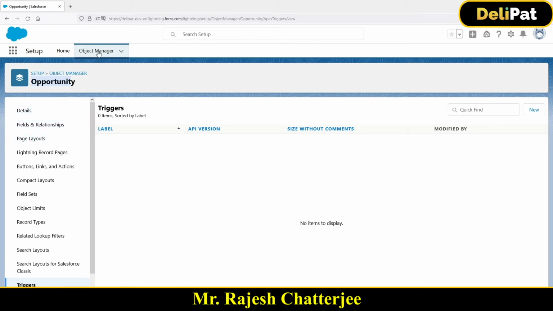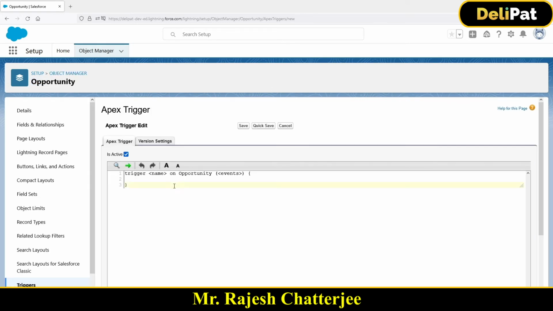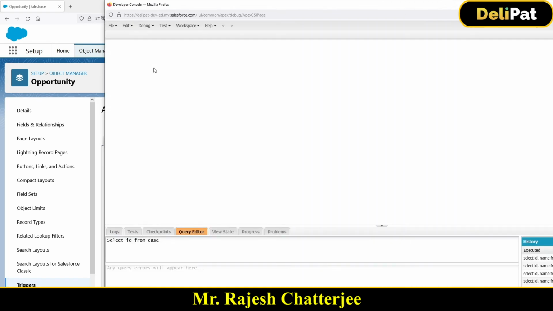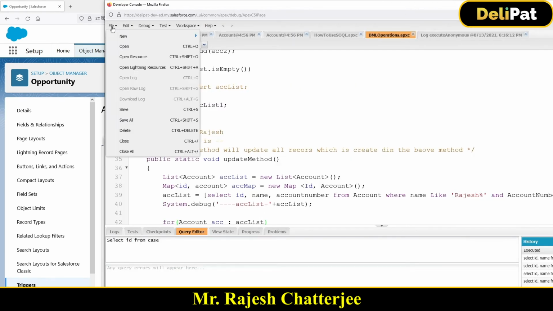So I'm in the opportunity object manager, and this is the trigger section. Click on the new button. Just like an Apex class, a trigger has a different syntax, by the way. The way you write an Apex class is basically public class name, but the way you write a trigger is different. Either you can write the Apex trigger from here, or, like how we have learned so far with Apex classes, you can go to settings, developer console,